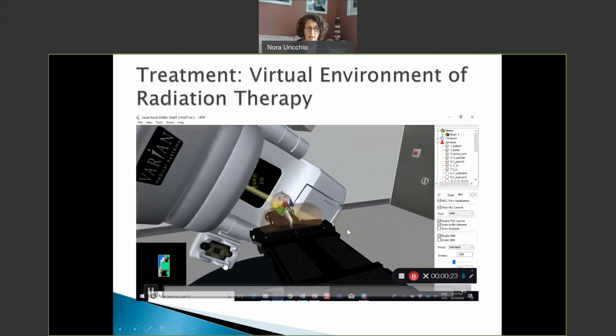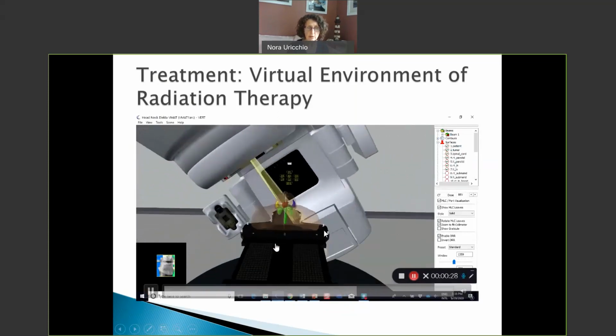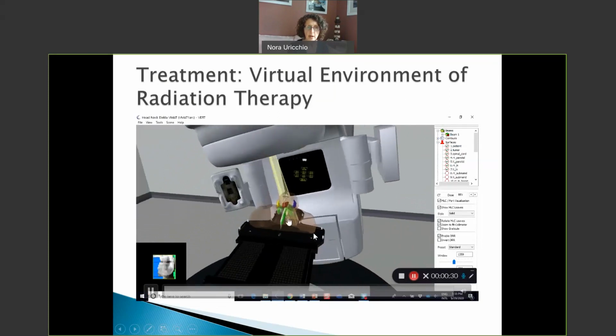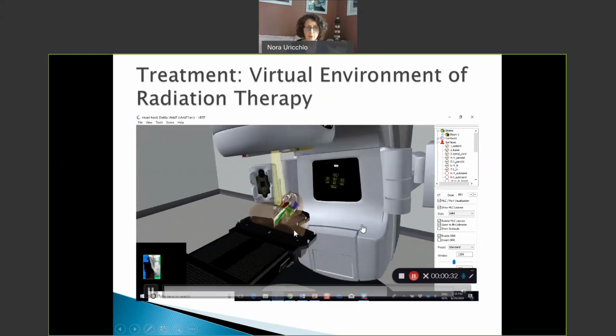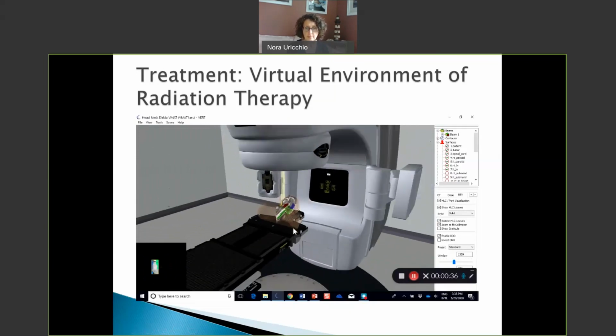You can see the anatomy also on this patient. The different structures that you're seeing here that are highlighted are the different structures. Some of them are the tumor, and others are normal structures that we're trying to avoid. So this is a great tool for us at MCC that we can use this tool to educate our students.